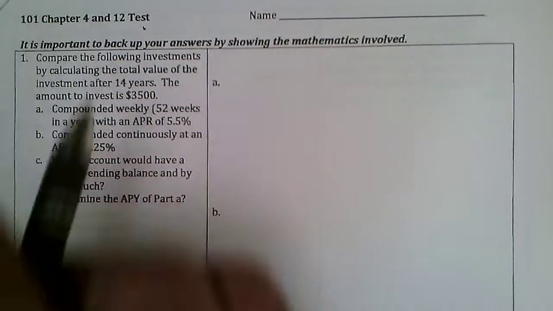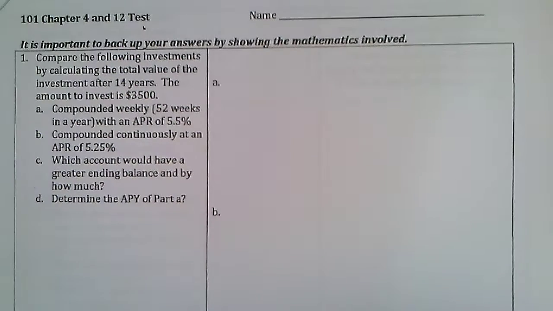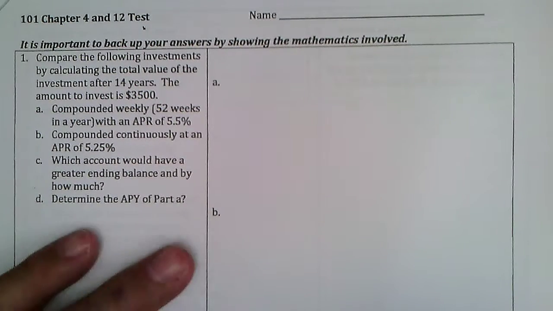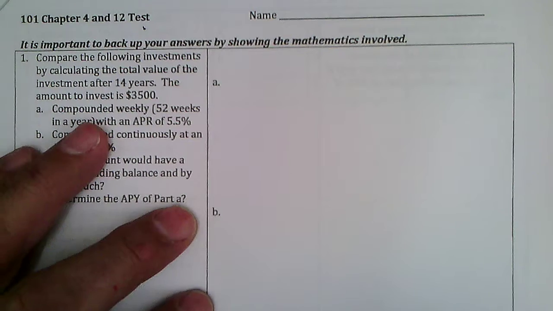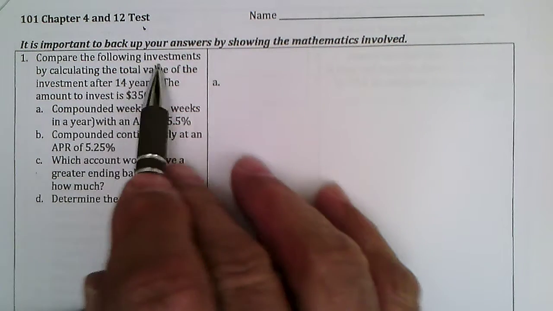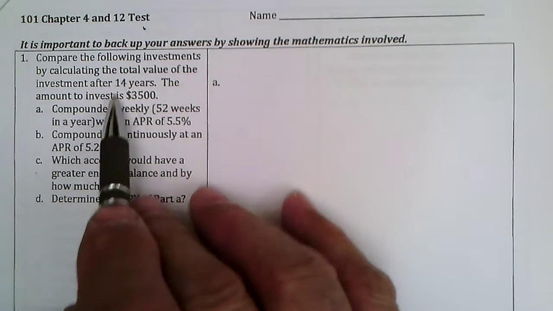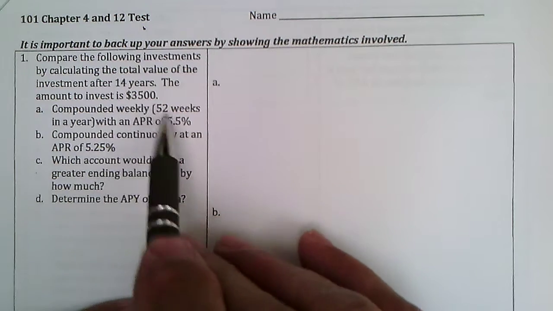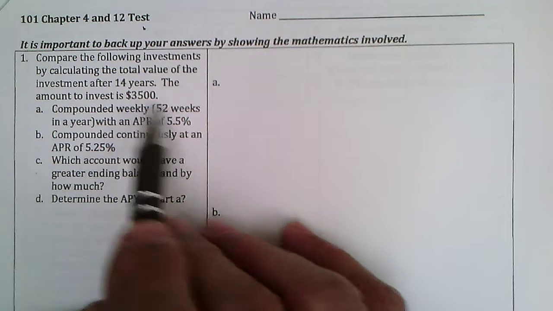Let's do the chapter 4 and 12 test. To save you some time, I'm just going to set these up and allow you to work the problems out on your calculator. So compare the following: compounded weekly, 5.5,